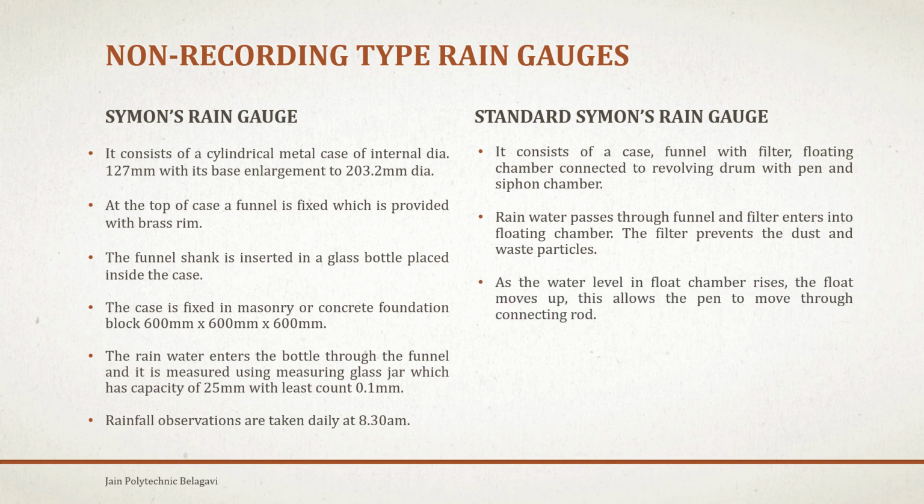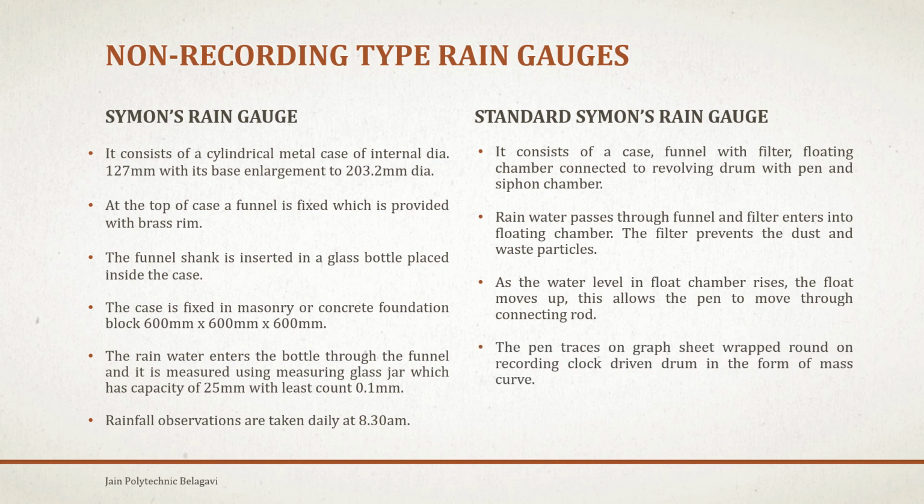As the water level in the float chamber rises, the float moves up, and allows the pen to move through the connecting rod. The pen traces on the graph sheet wrapped around the clock driven recording drum in the form of a mass curve. Whatever the curve, if I would have shown you,